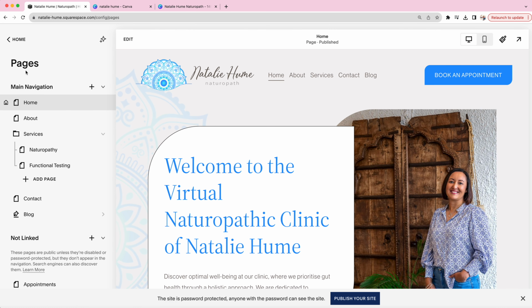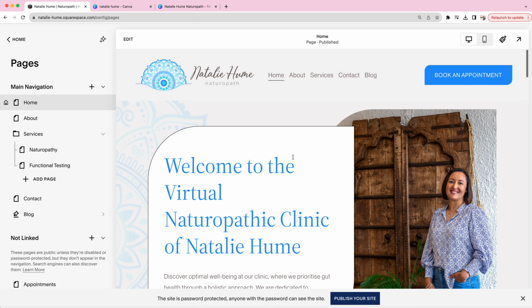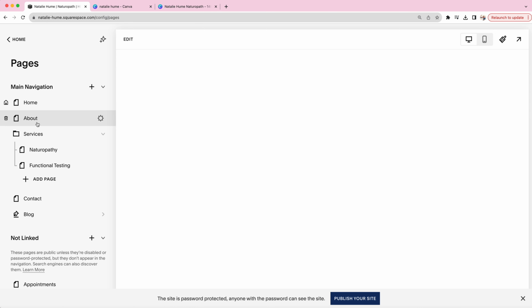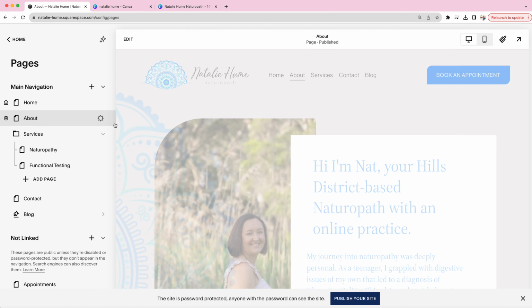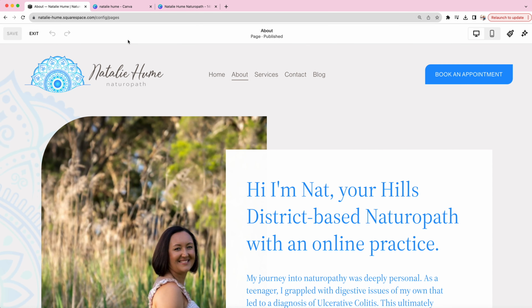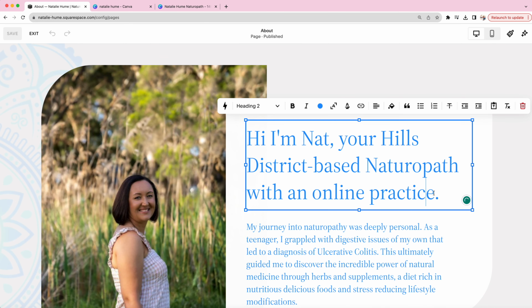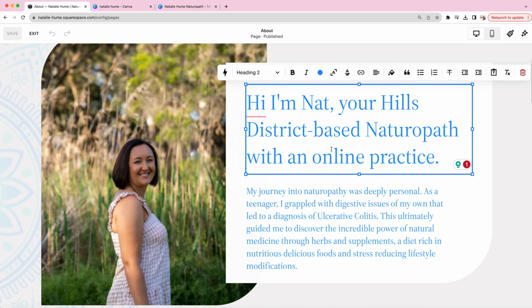So to navigate through your website, you can either click through the pages on the left hand side here, or if you're not in edit mode, you can actually use your top navigation menu or use the buttons that are on the actual website. So for this example, I'll click on the About page. If you're wanting to go in and edit anything on the page, you click on this top edit button and it will open. And it's really just as simple as clicking in the text box and changing any of the